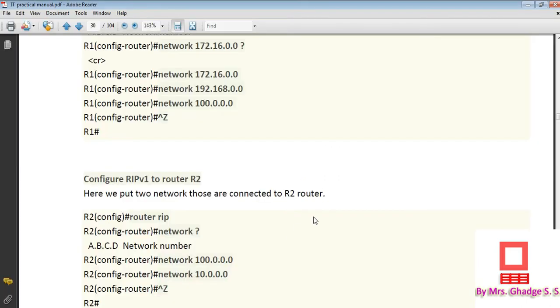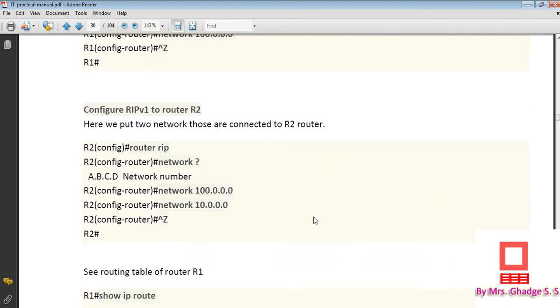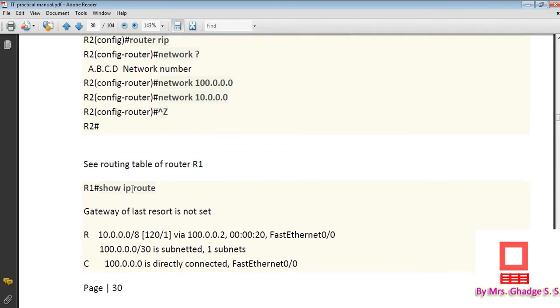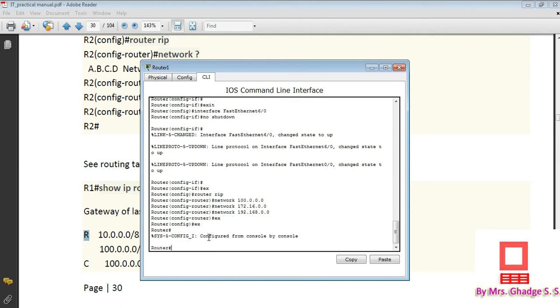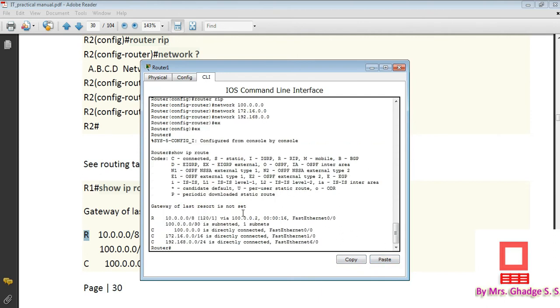So let us check how the RIP protocol works. For that we run the command show IP route. This command will display the routes which are directly connected and which are connected by using RIP protocol. Go to router 1, write exit, and then write the command show IP route. Click enter. Here you can see C indicates connected and R indicates RIP.